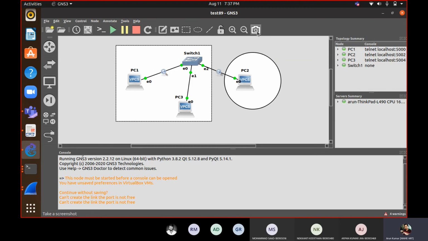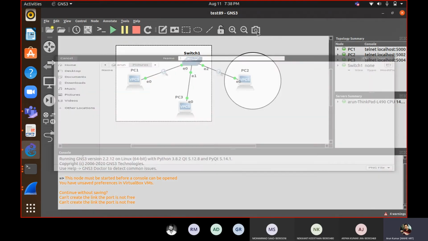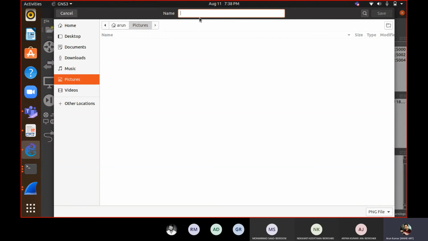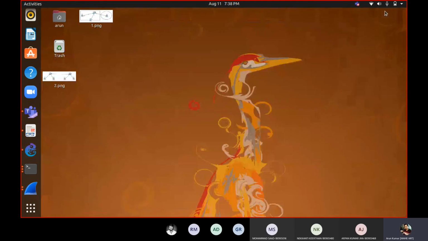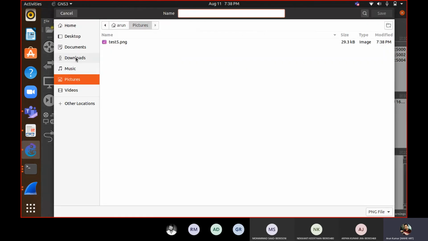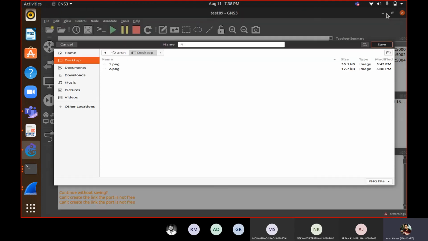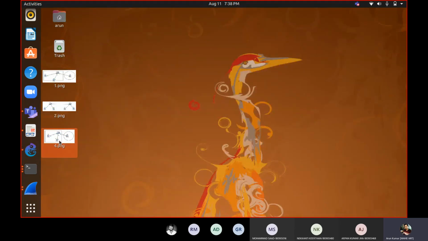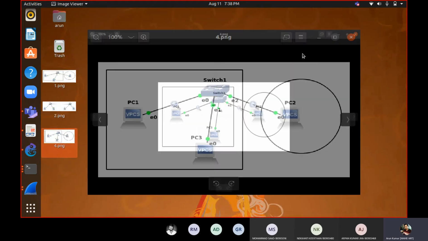Okay, so if I want to take a snapshot of it, you can take a screenshot. Just click on this and name it anything, that test 5, and it will save. Now it has saved. I will once again save it on the desktop. See this 4, you can see this image.